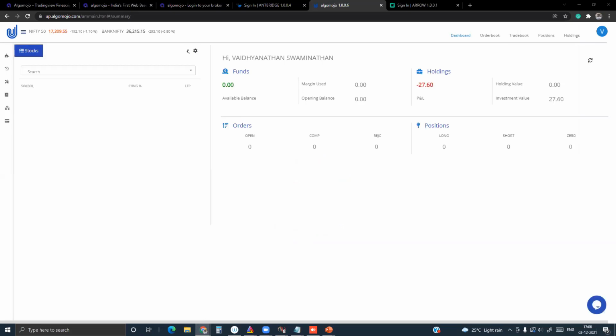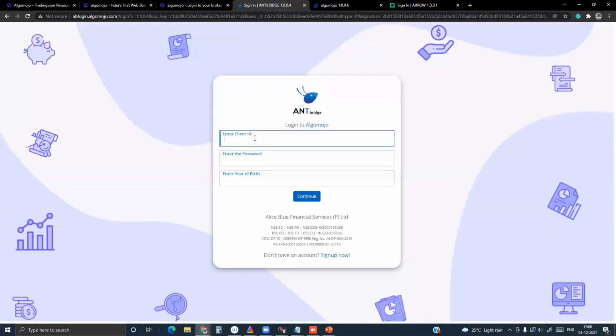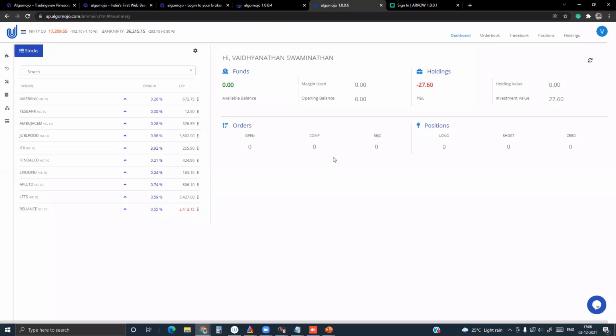This trading platform is quite similar across the brokers. Let me enter the trading credentials here. The environment is quite similar. So I logged into two different brokers: one with Alice Blue and another with Upstox.